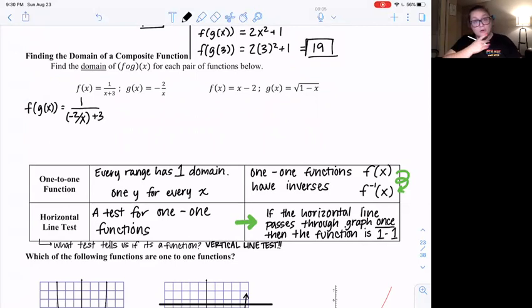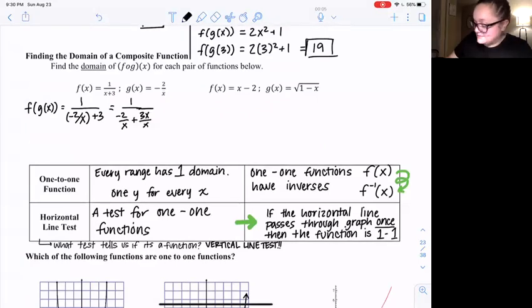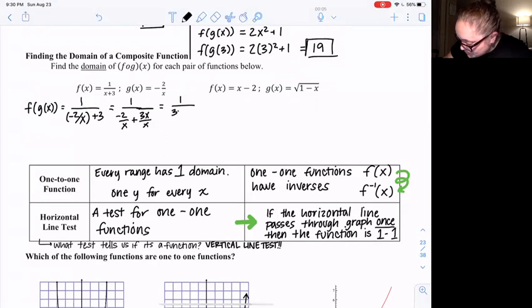Okay, so what I want to do here is I actually am going to get a common denominator. So I'm going to have 1 over negative 2 over x plus, and I need the common denominator with that 3. So this is going to be 3x over x. Because I had to multiply top and bottom both by x. So then this is equal to 1 over, so that's 3x minus 2